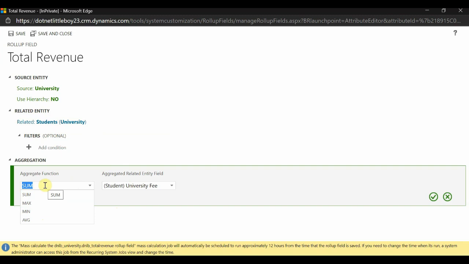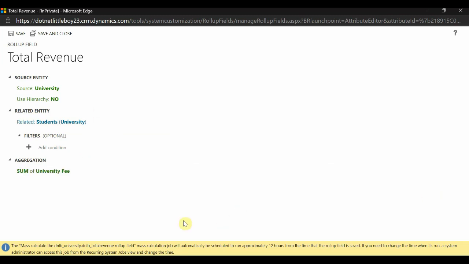Okay, so I want to find the sum of the field which is present on this entity, and the field name is the university fee. So this is a simple design, and we'll set this yes. So now my design of this calculation is completed. I'll save this,